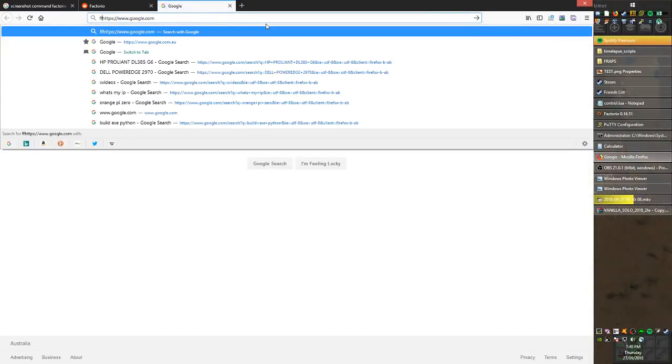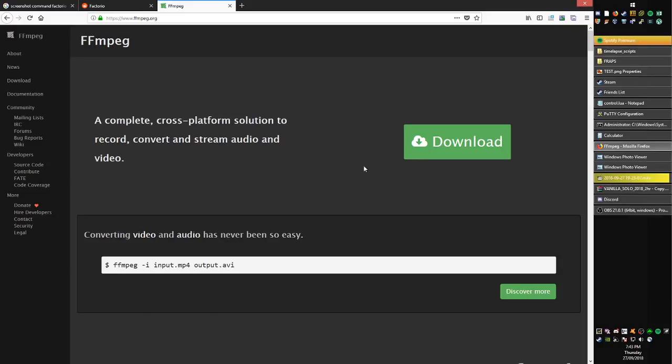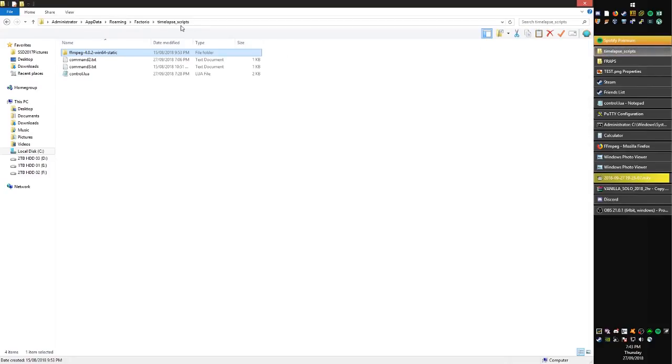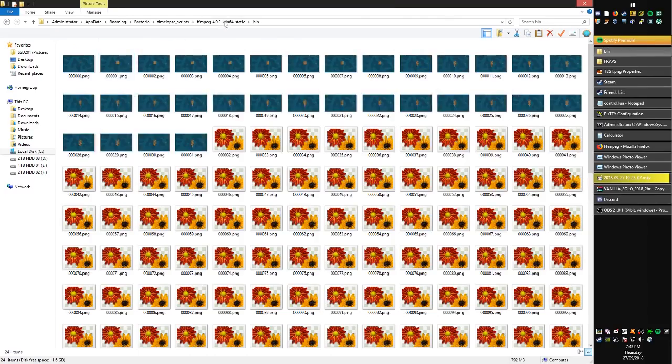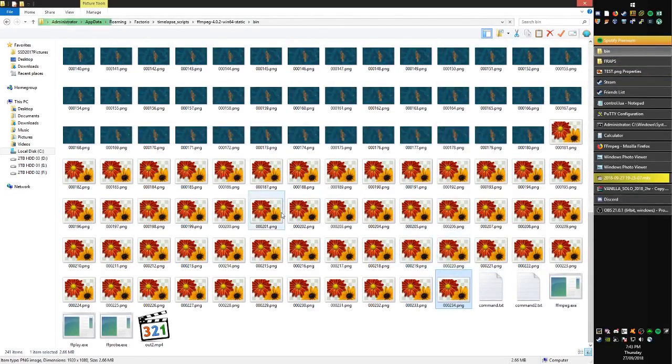If we type in FFMPEG, like so, you'll find it, download it, get the Windows version, unless you're not using Windows. So this is the software. I've moved it inside of my time-lapse scripts folder. Oh look, there's my previous time-lapse. I'm gonna delete all of these